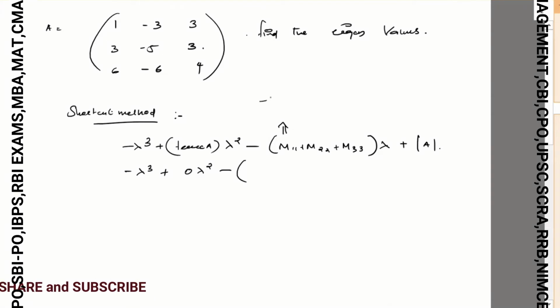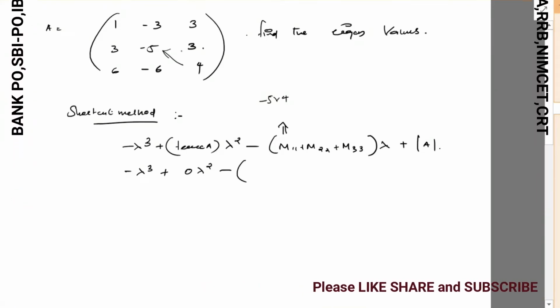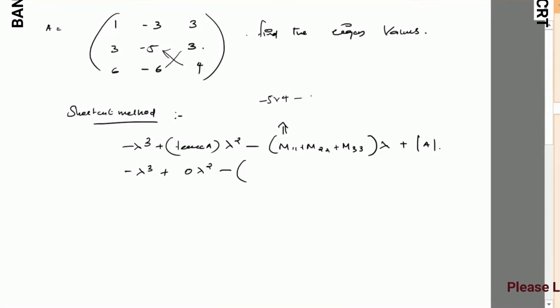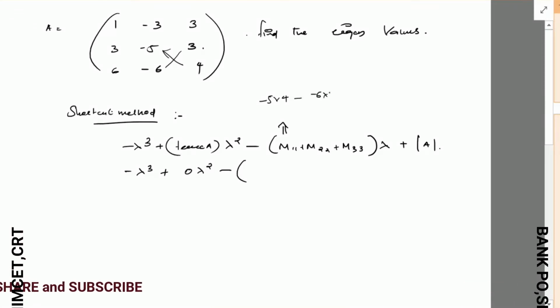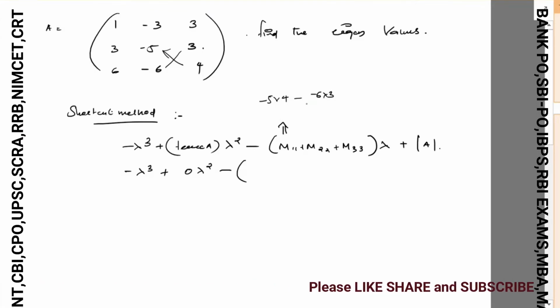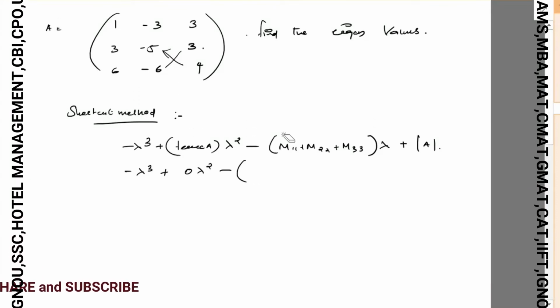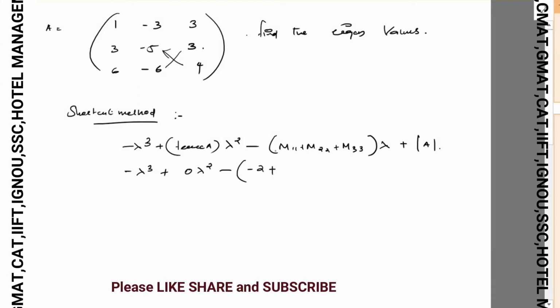That will be minus 5 into 4 minus 6 into 3, which will be minus 2, right? So m11 is minus 2